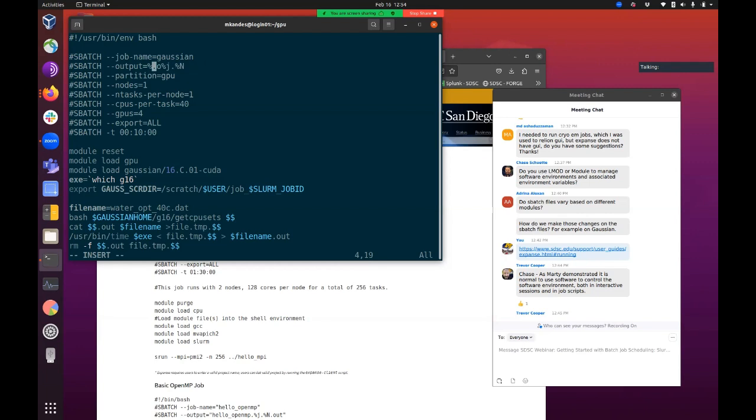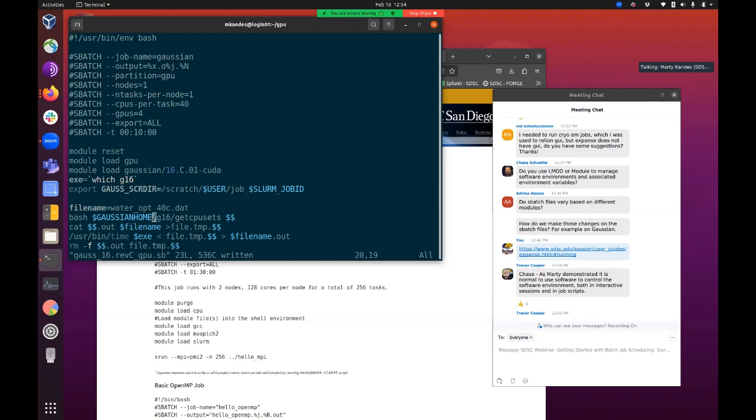Right, so again, these are just text files, right? So you can modify the examples that we have for any of the applications in that directory as needed, right? The Gaussian one's particularly a little weird because of that CPU sets thing that it has to run with. Anyway, we don't need to go down that rabbit hole, but yeah,